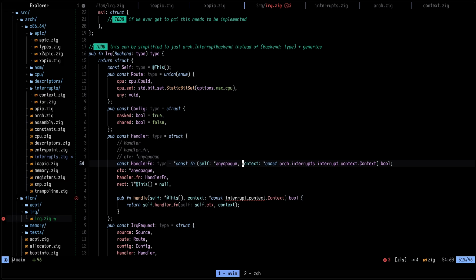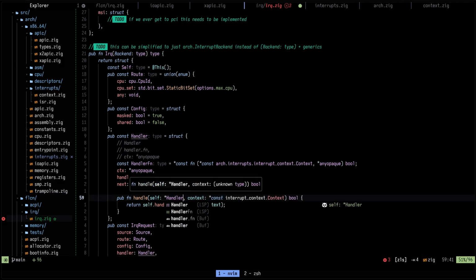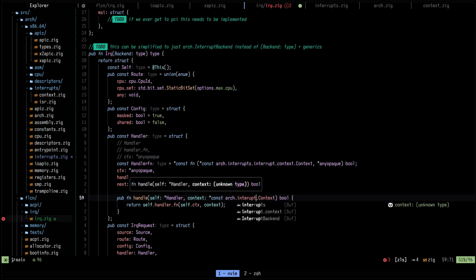And actually, I don't really see why this goes first here. Just going to do this. So, all right, you know what? Just going to do it. So this one is any opaque. We're gonna decide the names when we can decide the names. So this one here has no, wait, this one stays. This is a pointer to handler, and this context here is, as I said, interrupts to ours, interrupt